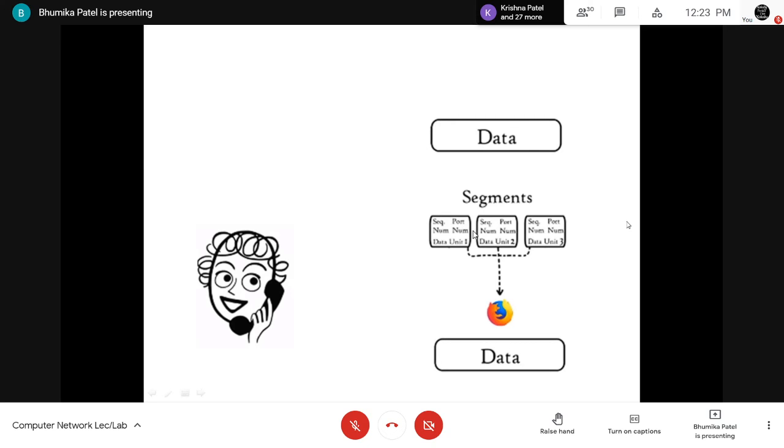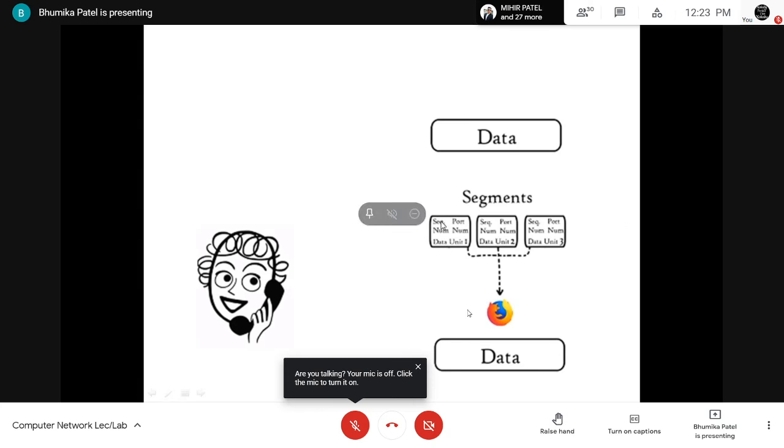So this is the original data on the sender side. It will be converted into small data packets, and to each small data packet, that is called a segment, we are assigning a sequence number, so that whenever at the receiving side we get these small packets, we can reassemble them into the original data so that it can be readable.